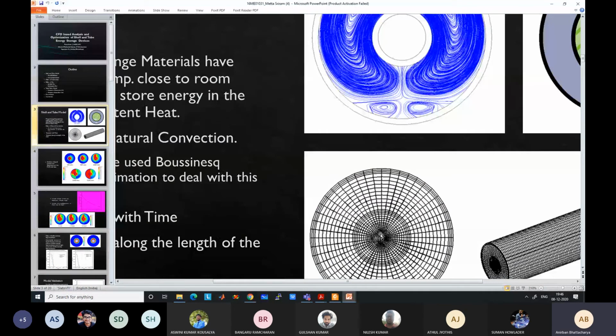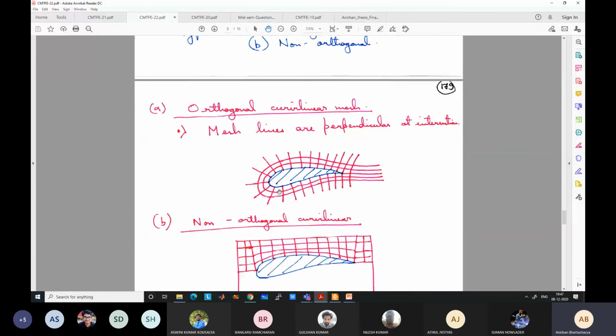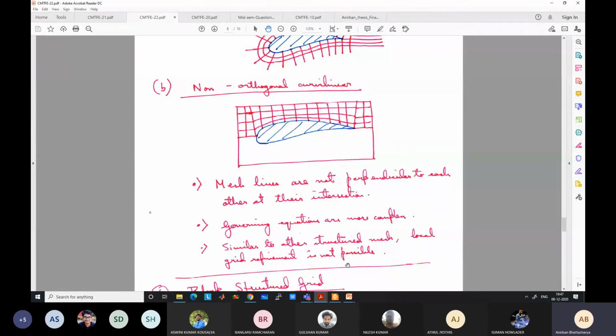But if it is a structured grid, if you want a very fine grid here, all the other grids will also become finer because you have to follow the same line. So if you increase the number of lines to twice, these grids will also become finer. But I don't need fine grids there. I just want it locally where the maximum change is occurring. That is not possible in any of these. If you want to refine, say, this part, you have to make the lines closer, but the lines will become close in all the other parts also. The number of lines has to be increased everywhere. So local refinement is not possible for any of these cases.